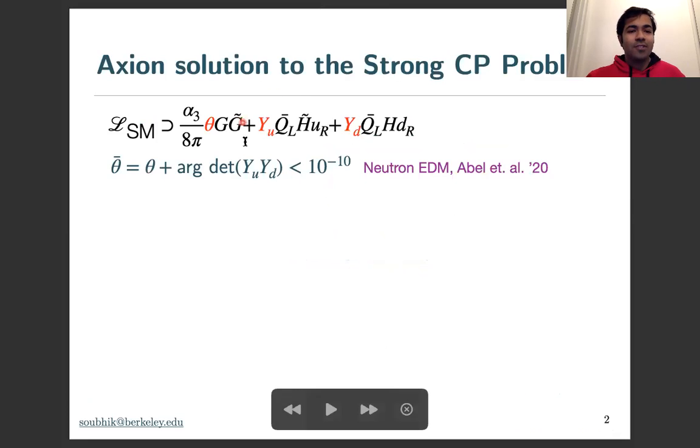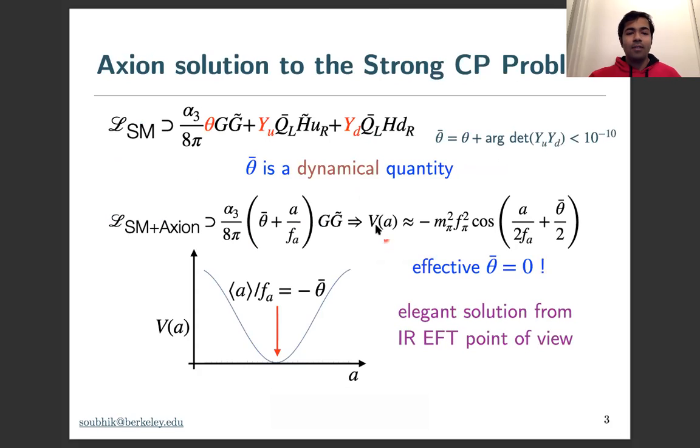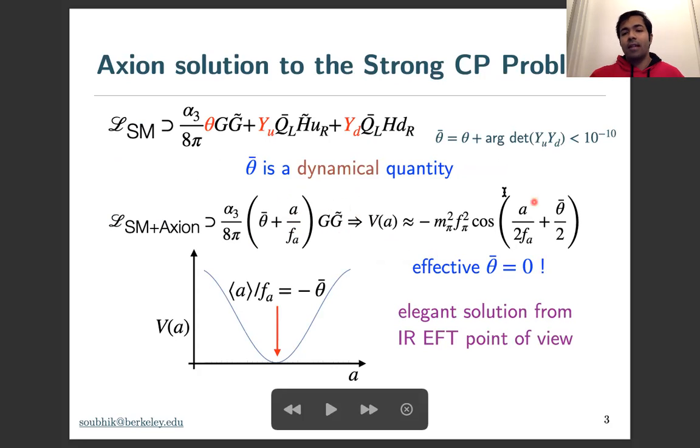This audience needs no introduction, but very quickly, the axion was proposed to address the strong CP problem, which has to do with the fact that the theta bar parameter of the standard model Lagrangian is so small, whereas you would naively expect it to be some order 1 quantity. The way the axion addresses this is the following. There is a light pseudoscalar particle, namely the axion, which couples to gluons in this way. QCD effects generate an axion potential, and as the axion relaxes to its minimum, the effective theta bar parameter becomes vanishingly small. That's why it can explain the smallness of the neutron EDM, for example. So that's how it addresses the strong CP problem.